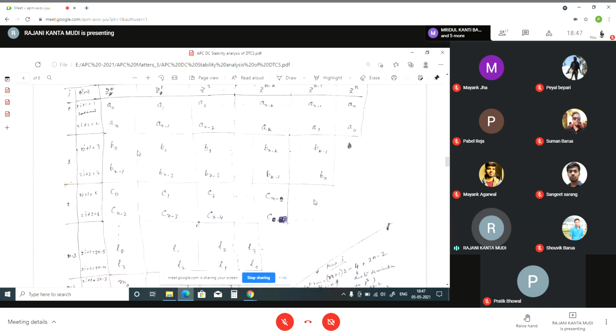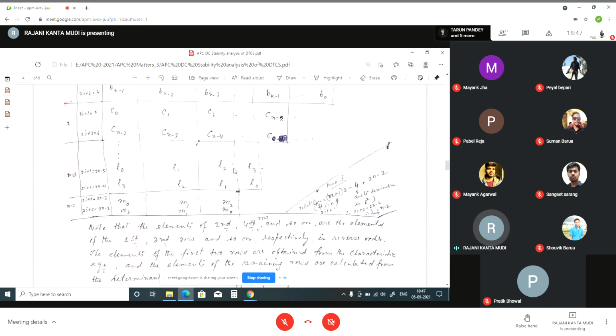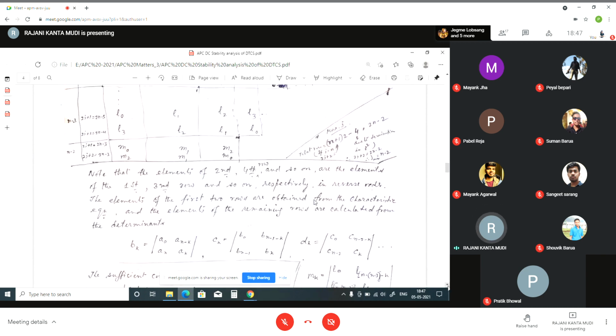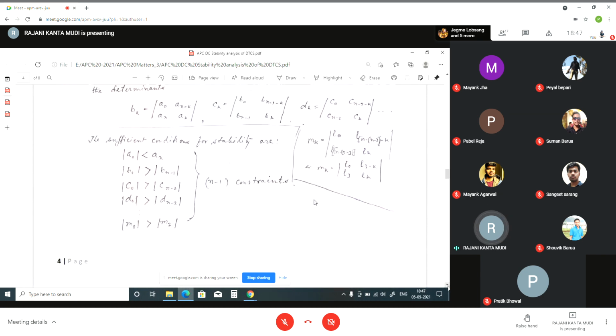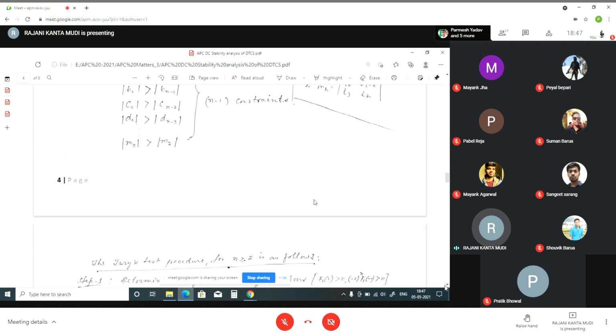So this is not very laborious, though it looks like it. Actually, you add one by one: you compute one array, then you apply the corresponding constraints. If it is valid, then you go for the next array. If it is valid, then next, in this way. And at any array, at any moment, if we find the constraints are not satisfied, at this point you can conclude the system is unstable due to the presence of roots outside of the unit circle, one or more roots. This is the process of Jury's test.